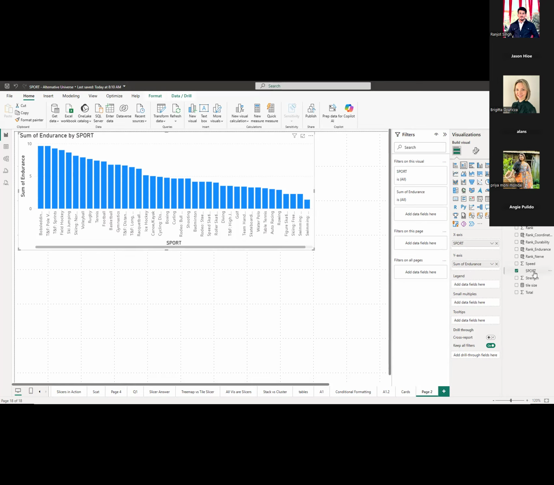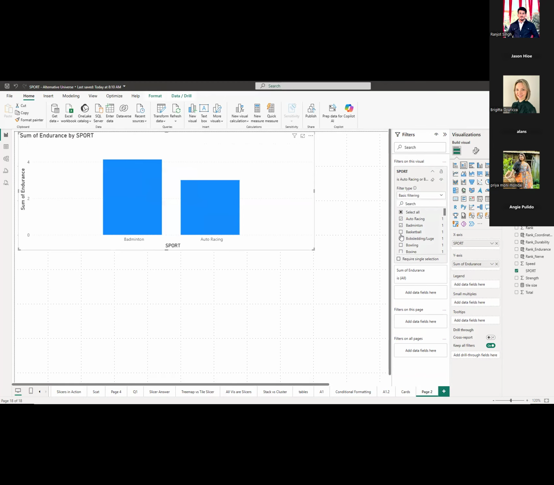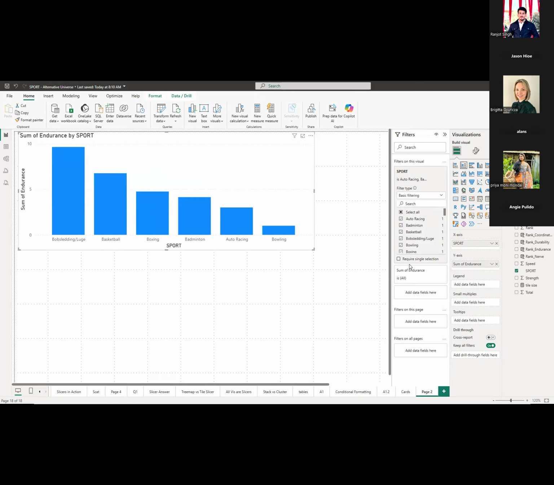Last week in class, I stupidly made another filter for sport. I was wrong in thinking that helped. It didn't make any difference. So instead, sport and endurance are already on my visualization and therefore already in the filters. So I can open up sport. And instead of basic filtering, where I could say, I only want to see those 3, 4, 5, 6 sports, right? Instead of doing that,